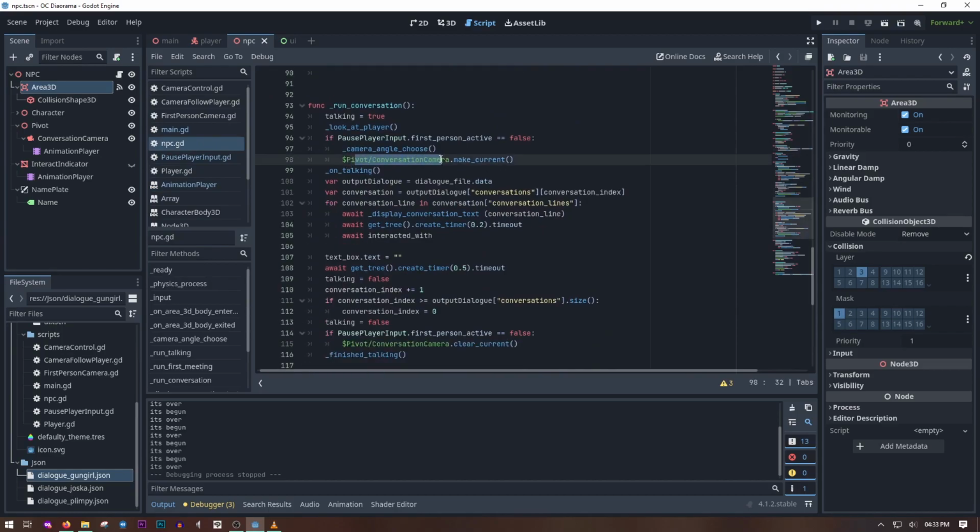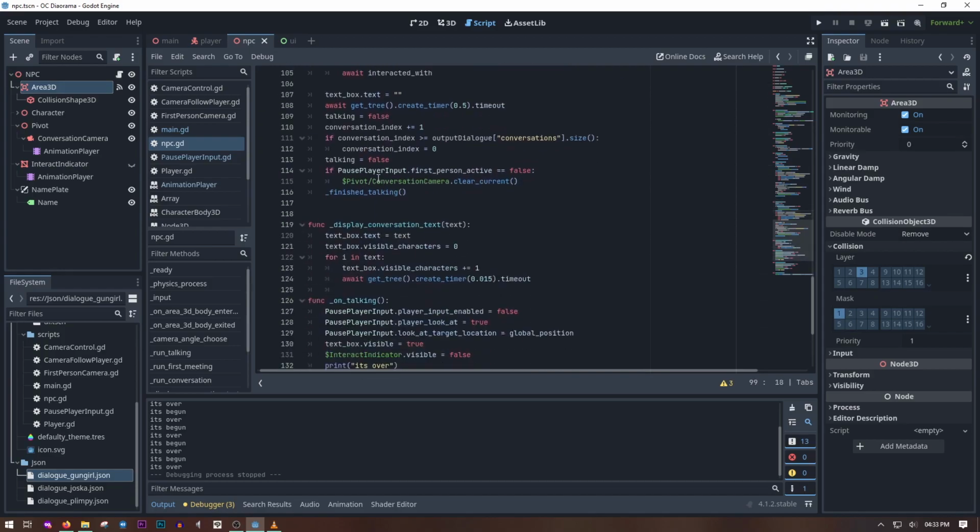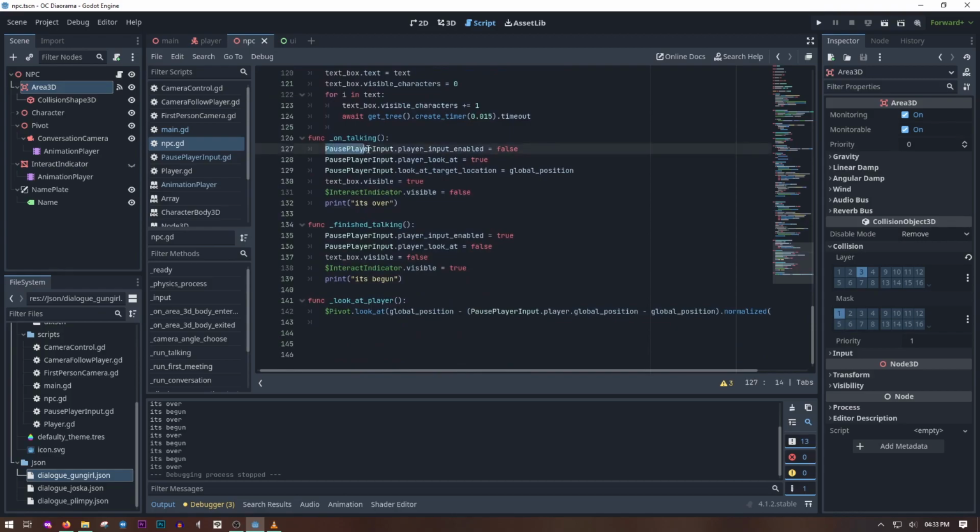And then pivot the conversation camera. So this conversation camera, make this one the current. So we're making specific cameras the current. And then we're talking. So this is on talking. And on talking, we pause the player input, so the player cannot move their character, so that deactivates the physics. It makes the player look at, so it causes it to be true, so now the player looks at